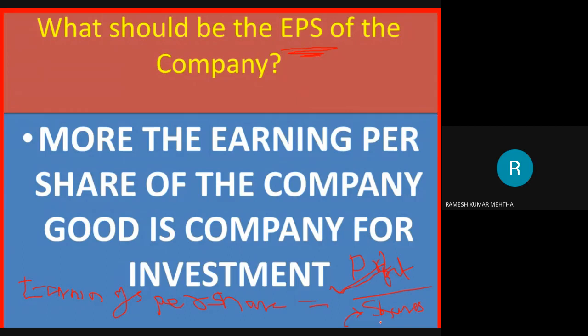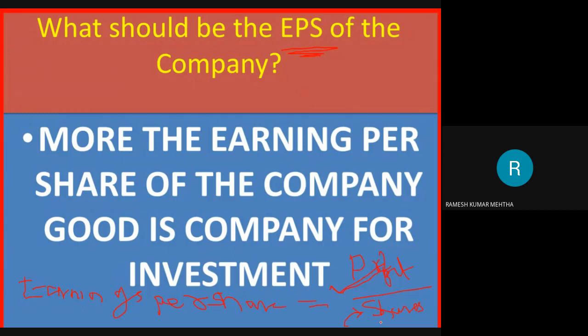So earnings per share should be very high, and we have to compare earnings per share with earnings yield, which I have also discussed in my previous videos on ratio analysis. So please visit my YouTube videos and get a comprehensive understanding about debt equity ratio, earnings per share, and its correlation with earnings yield or market price. Okay, so the point here is earnings per share should be very high. Only if the company's earnings per share is very high should you invest in that company.